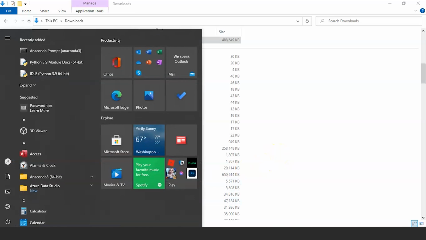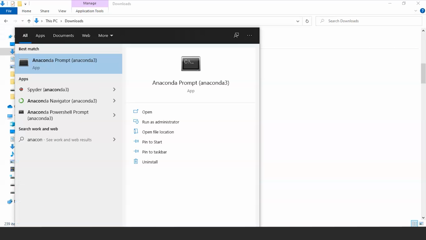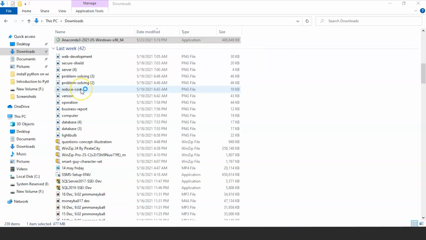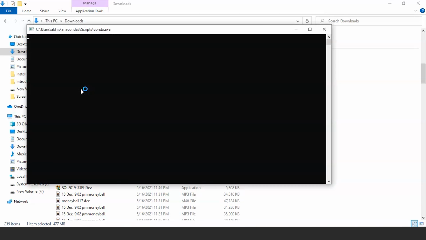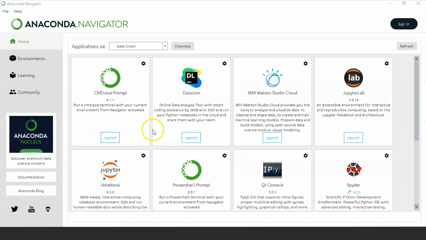Now we'll go to start and type Anaconda. We can see that Anaconda prompt and Anaconda Navigator are visible. First we will open Anaconda Navigator. It's initializing and adding features. Here you can see some pre-installed applications and tools that are already installed in the Anaconda.